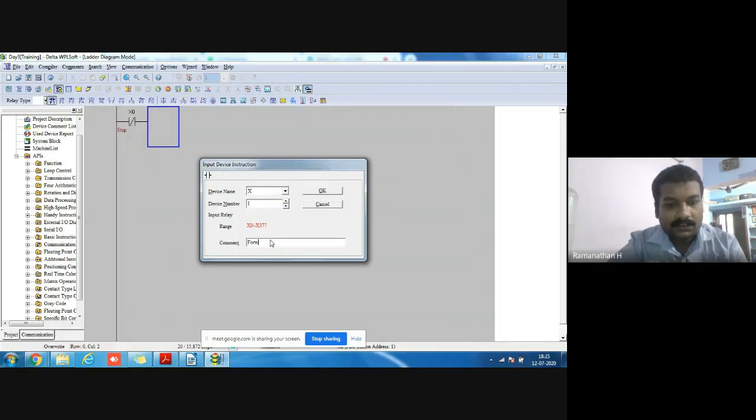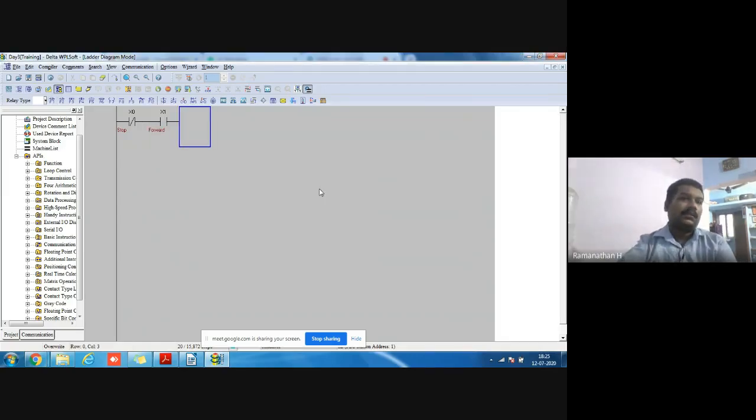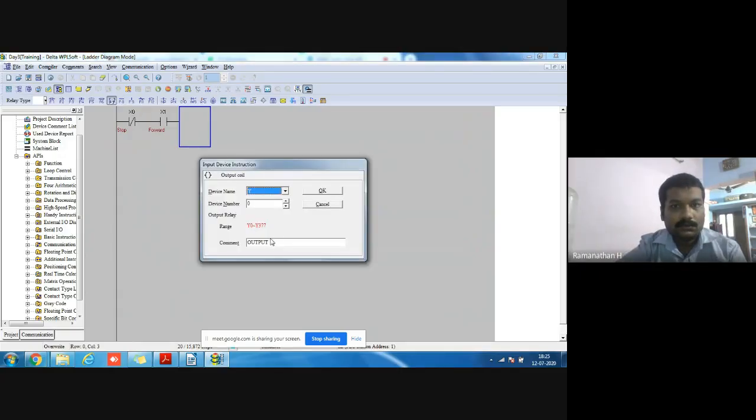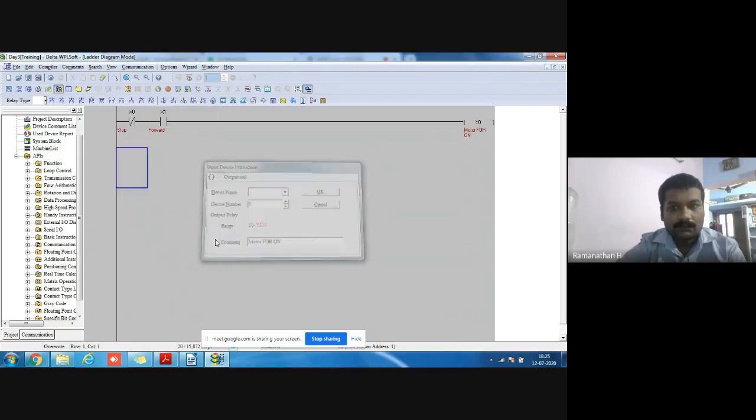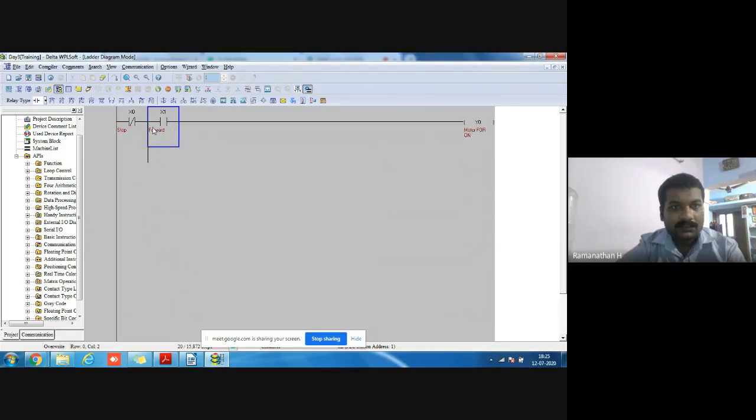Then I put the next one, the forward. The motor forward on. Same thing.